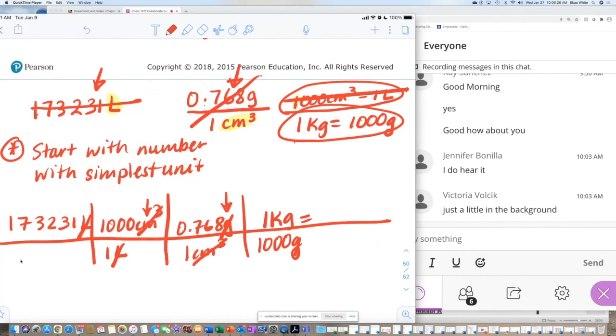173,231 times 1,000 times 0.768 times 1. Okay, so I'm writing here 173,231 times 1,000 times 0.768 divided by 1,000, right? Divided by 1,000. Okay, so my long answer is